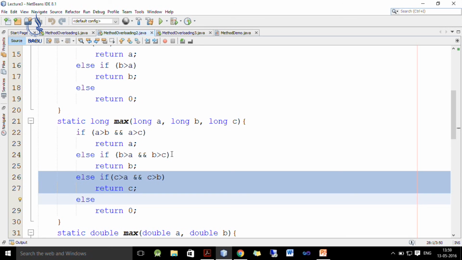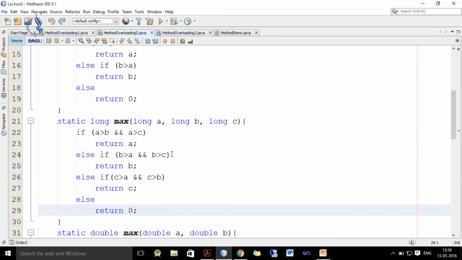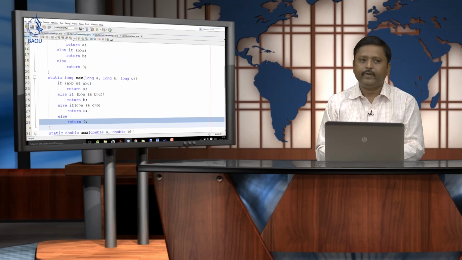In the third case we check whether c is greater than a and c is greater than b, so we return c. If none of the if conditions match, it means either there is more than one maximum value or all are equal. In that case we return 0, where we cannot clearly determine the maximum.